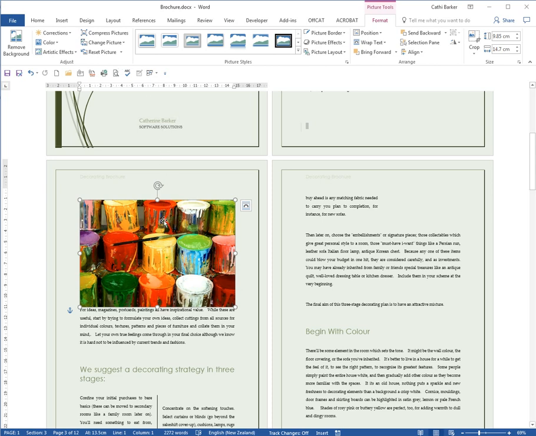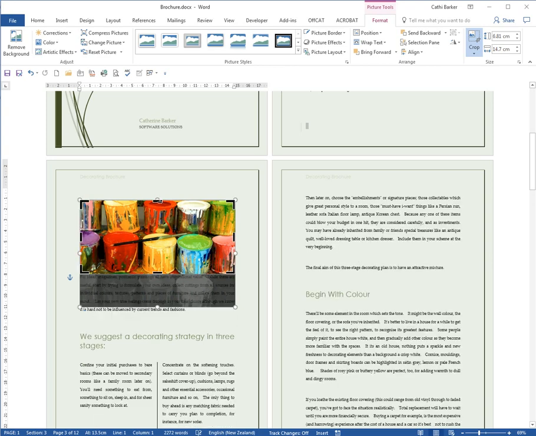Now another thing you can do is crop a picture. For example, on the Picture Tools Format tab, I have a crop button here. When I click it, I now have black placeholders around the outside of my picture. I may decide I only want 3 cans of paint, and this is too many cans. So I'll drag this up and crop this bottom row of paint tins out, and I'll drag this down